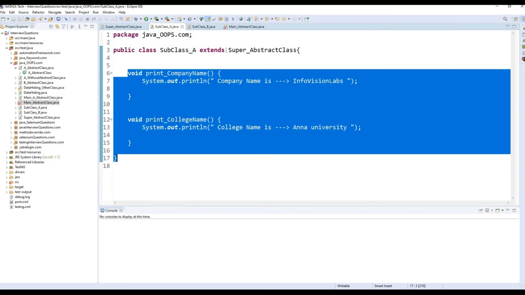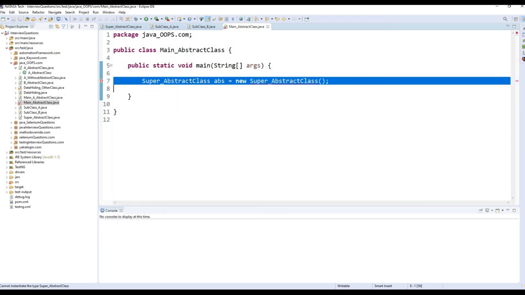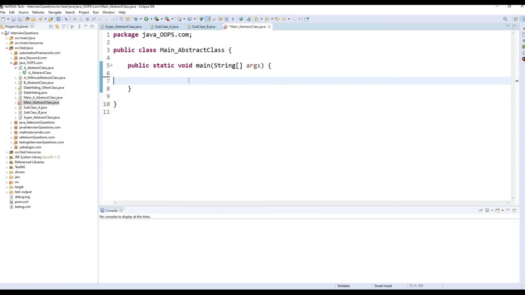So here now I'm going to implement upcasting concept. Okay, so I just remove it. Now I'm going to create an object for the abstract class.